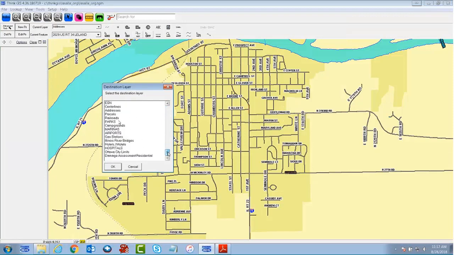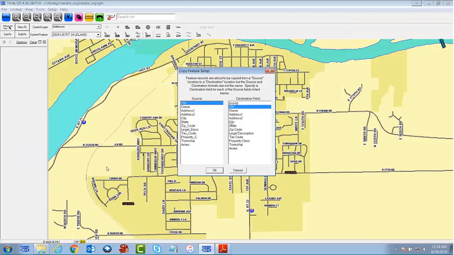And now it's going to pop up and ask me to do some field mapping. This is what I mentioned earlier. Basically, I need to tell it where these fields belong in my destination layer, the layer I'm overwriting. As you can see, a lot of these are already named the same thing, but zip code is different. So I've got to select zip code here on the left. This is my source, my shapefile, and then also select it over here for my destination layer, the parcels that I'm overwriting. Same with legal description, same with tax code, property class, township and acres should already be assigned to